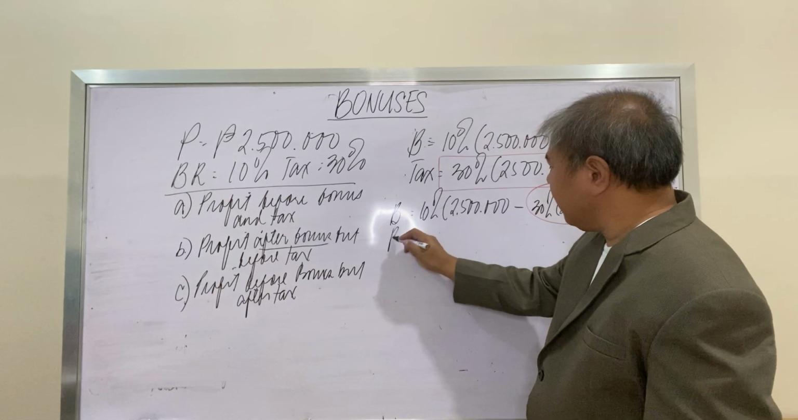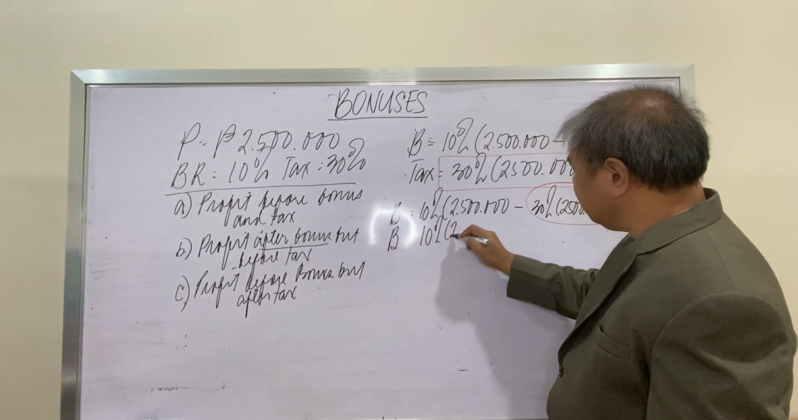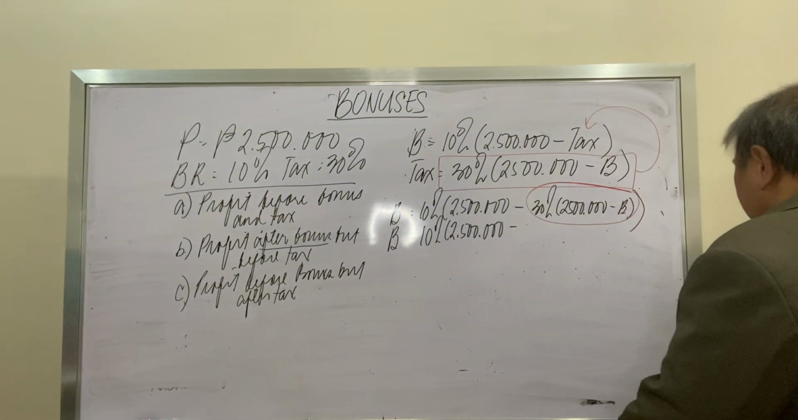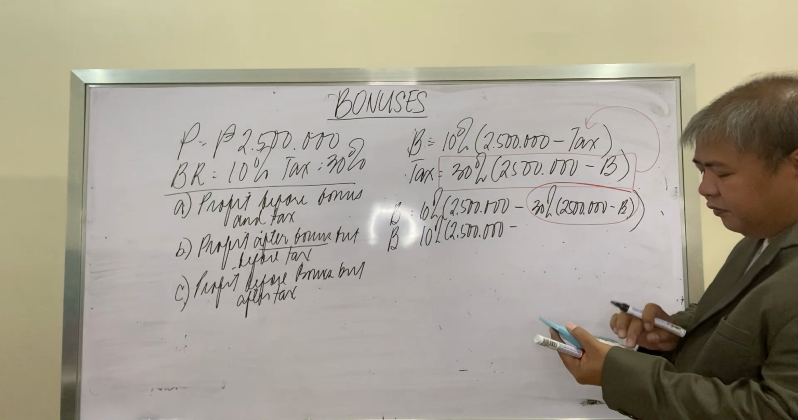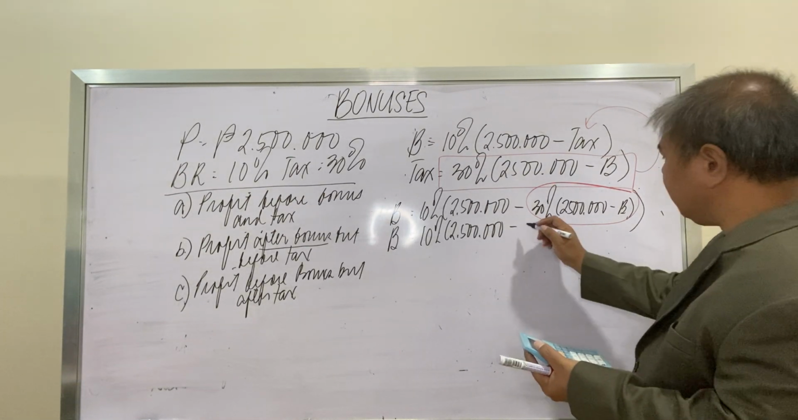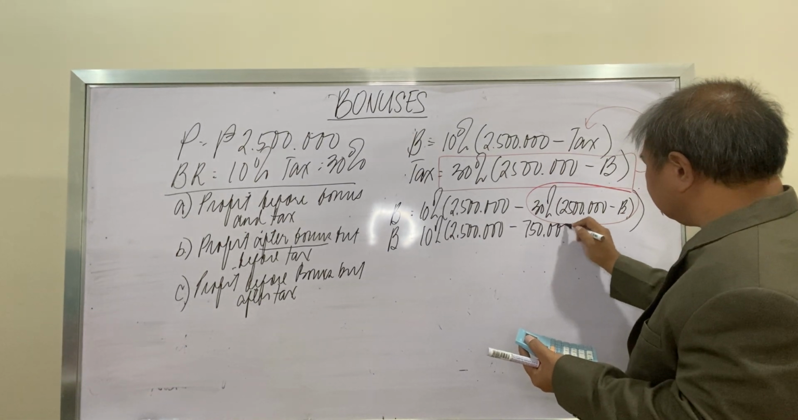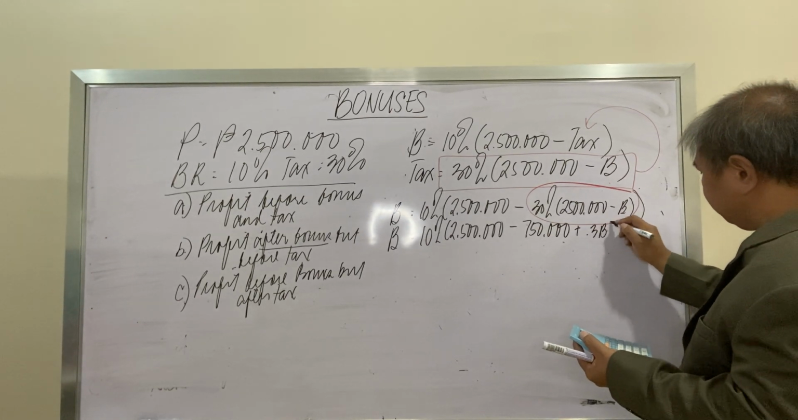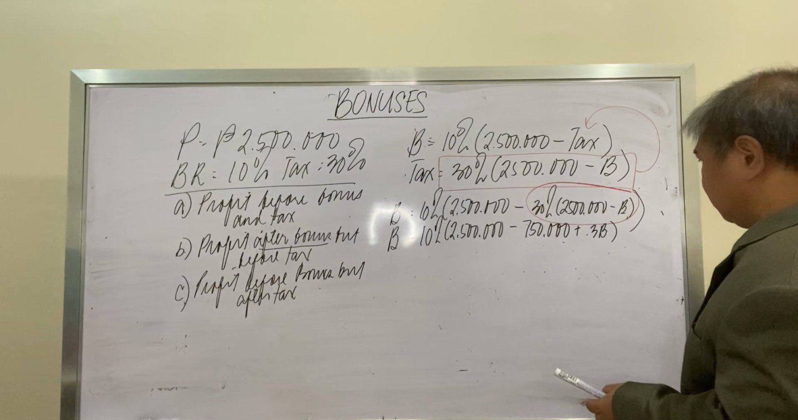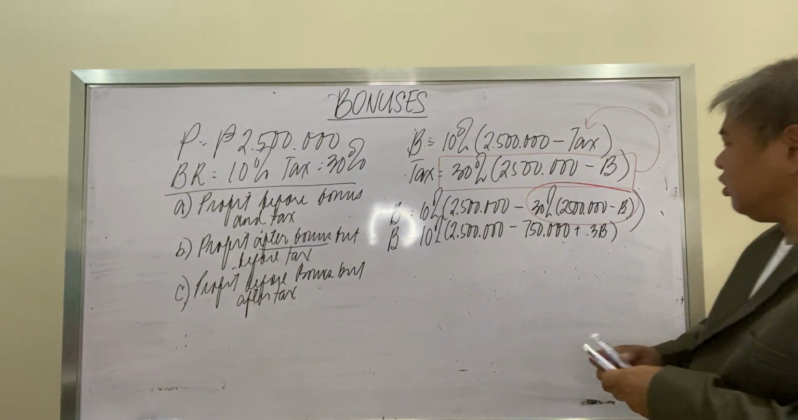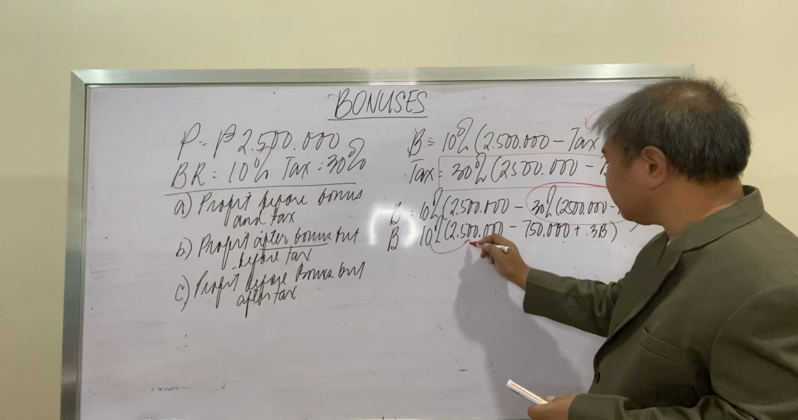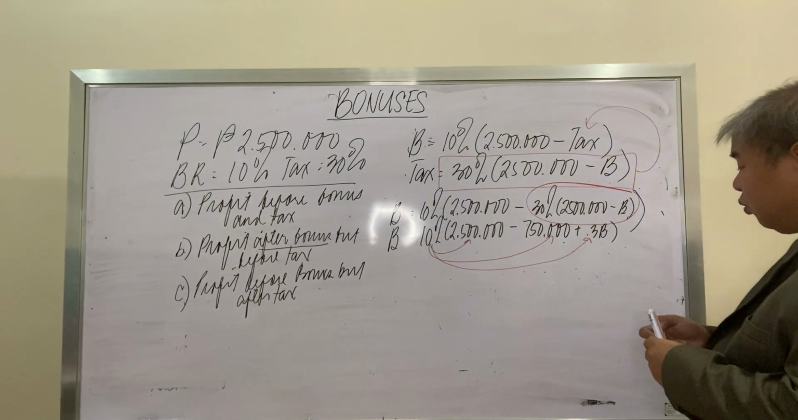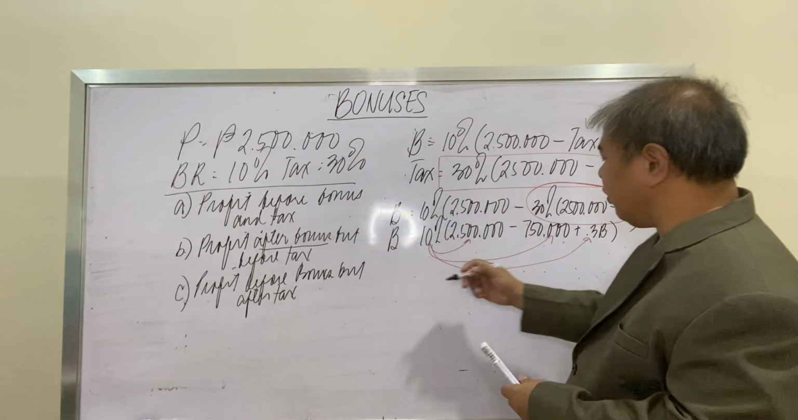So bonus is 10% of 2,500,000 minus 30% of 2.5 million, so 2.5 times 0.3, that would be 750,000. Okay, minus and minus, so plus 0.3 of B. Okay, so we now have just one symbol of inclusion. So what are we going to do? Distribute 10% to those inside our symbols of inclusion or parenthesis. Okay? So therefore, our equation would be